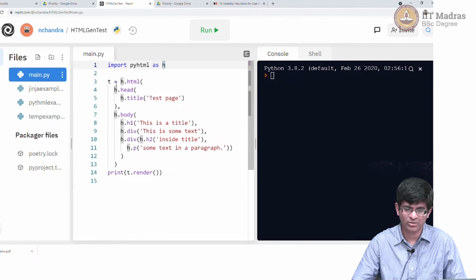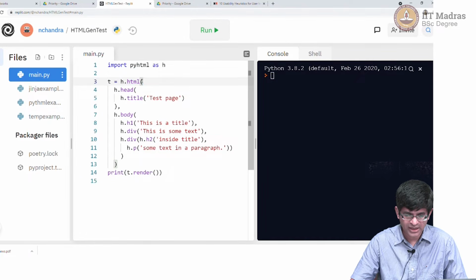It gets a little painful because you can clearly see I have h dot h dot h dot all over the place, but by choosing a single character out here, you are probably okay, it's not too bad. So what does this code actually do? What it says is I am constructing a string, right? It basically says t is equal to